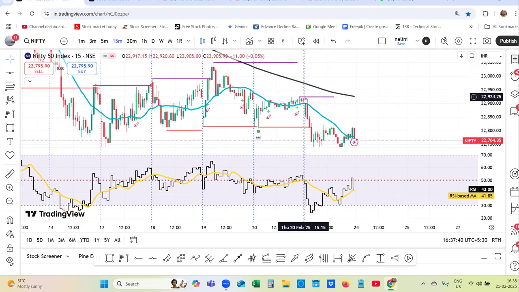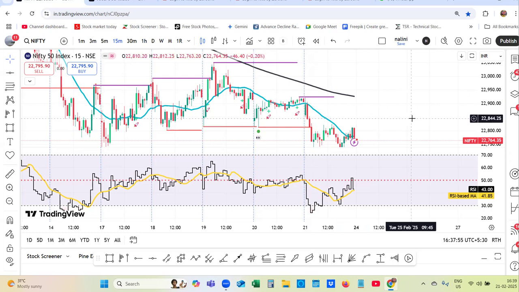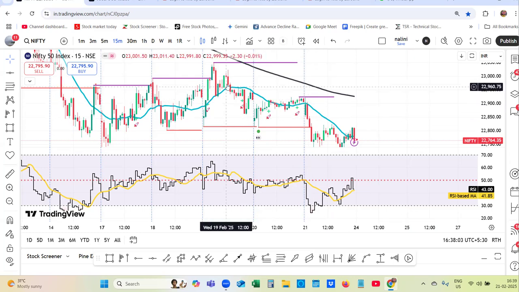When I see that, the level was around 22,924. But the high that was made was 22,921, and my bias was towards the negative side because